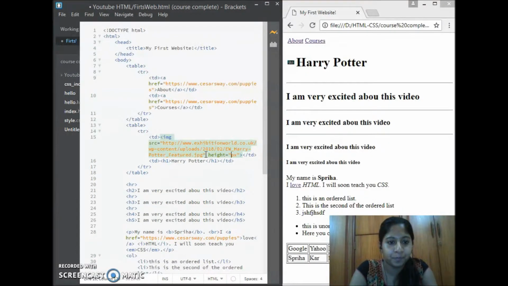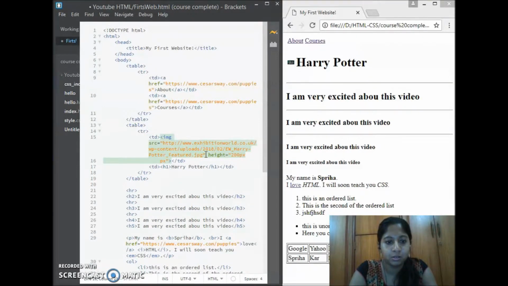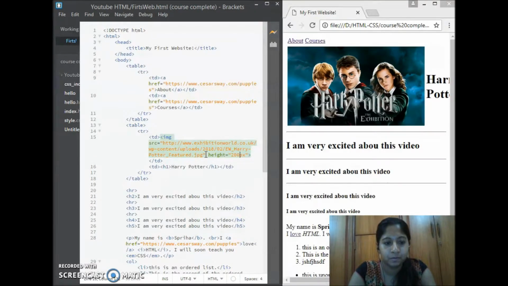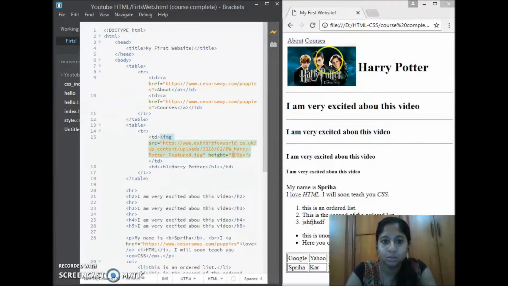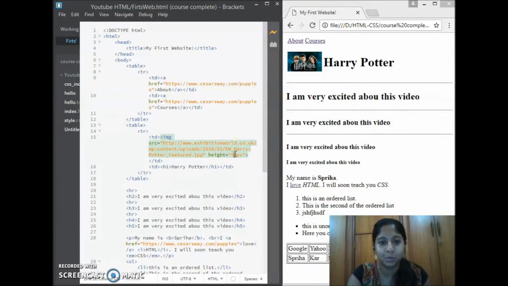Let it be, so I'll make it a little bit smaller. Okay, so the height becomes, and because this is an aspect ratio, so we did not have to change the width also, but if you want, you can actually change the width also. You can just write width and then you can mention the particular width for the same. So this is acting as a logo. Now if you want, let me reduce the size a little bit. Okay, so this looks like a logo